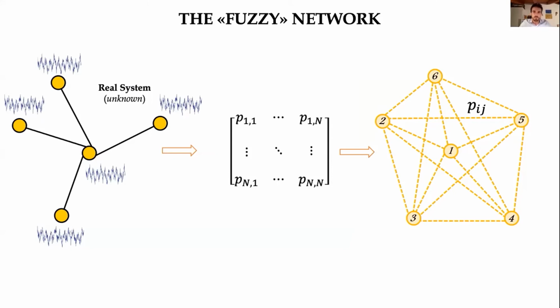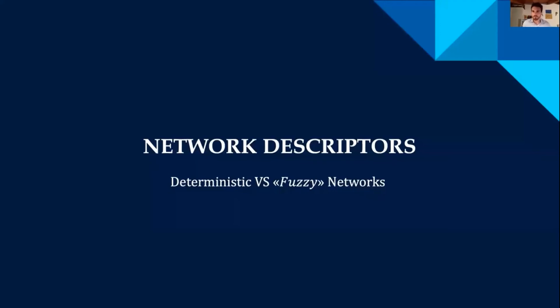This is a probabilistic model of the structure of our system that can be represented as a complete network whose edges might exist with a certain probability. From this starting point, we want to define the structural features of the network. But given the stochastic nature of this structure, all the structural descriptors, in turn, starting from the degree, the clustering coefficient, and so on, must be redefined as random variables. So instead of having a unique pointwise indicator, we will have an entire distribution for each descriptor.